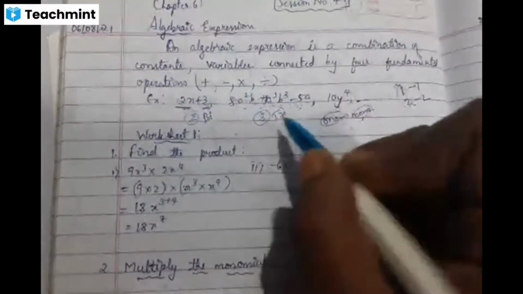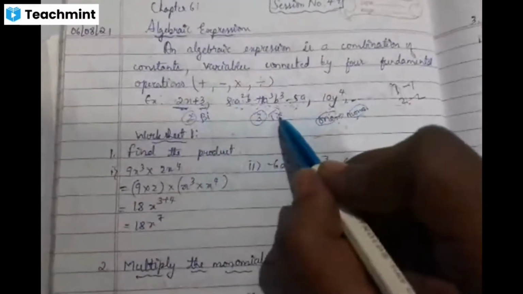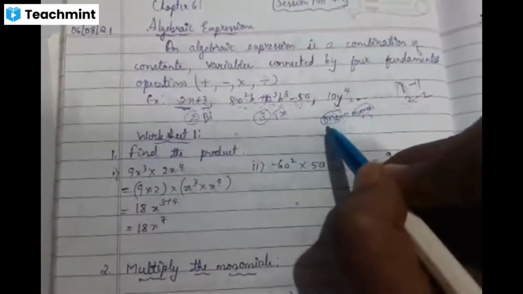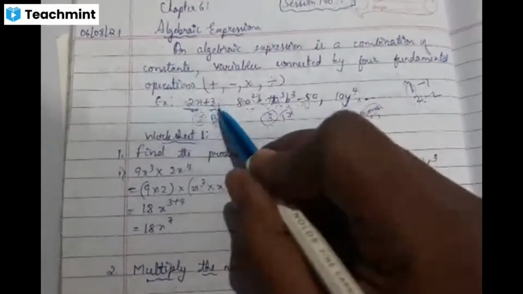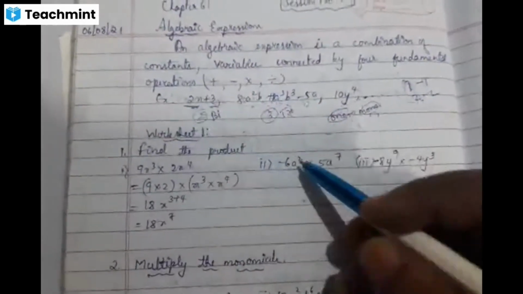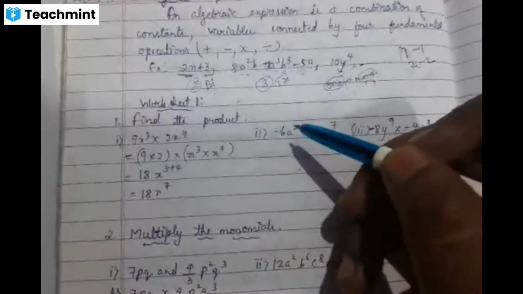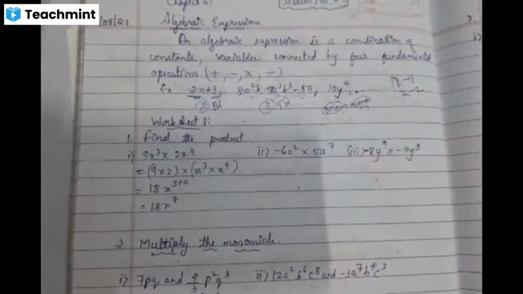Now you have to know 3 terms. They are monomial, binomial, trinomial. Mono means 1, binomial means 2 terms, trinomial means 3 terms. Next, children, let us look at some of the problems from the textbook. That is,